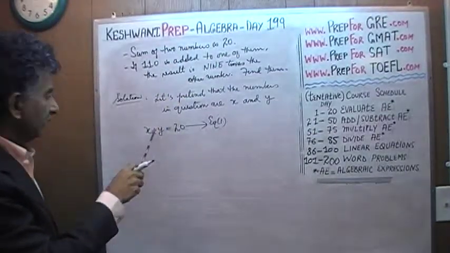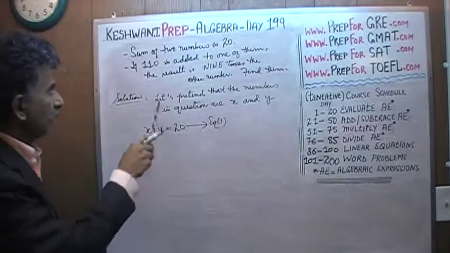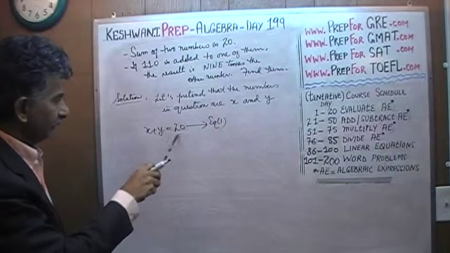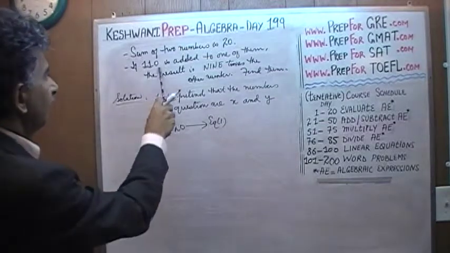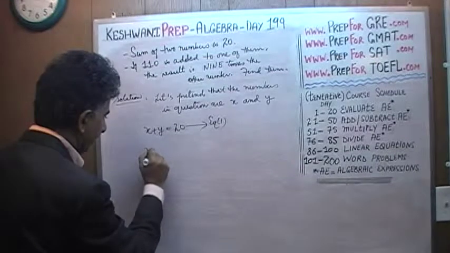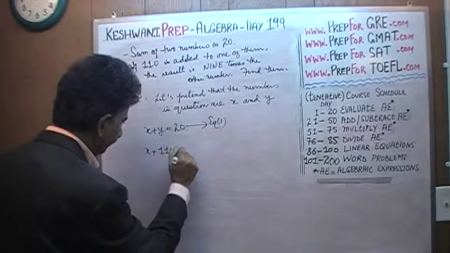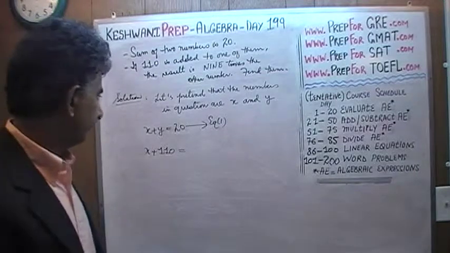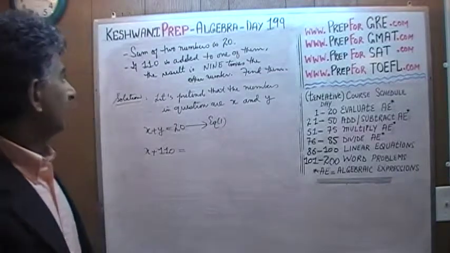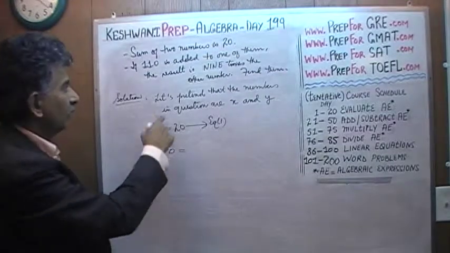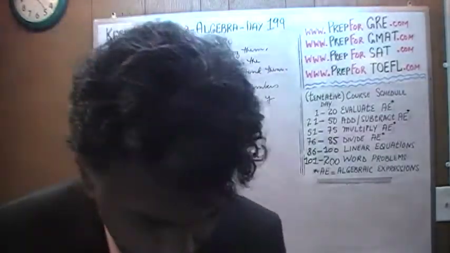That's this sentence right here. This is the algebraic equivalent of this English language. The sum of the two numbers is 20. Is means equal, is 20. If 110 is added to one of them, so let's add 110 to x. You can add 110 to x or to y, it's not going to make any difference. If we were to add 110 to one of them, the result, we are told, the result is